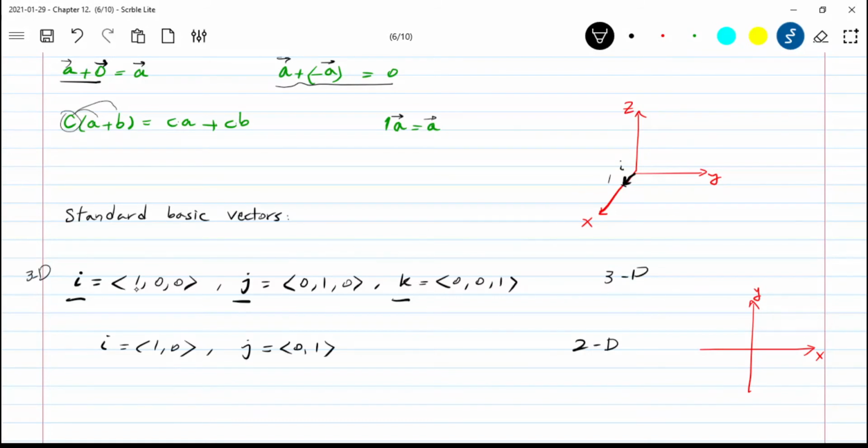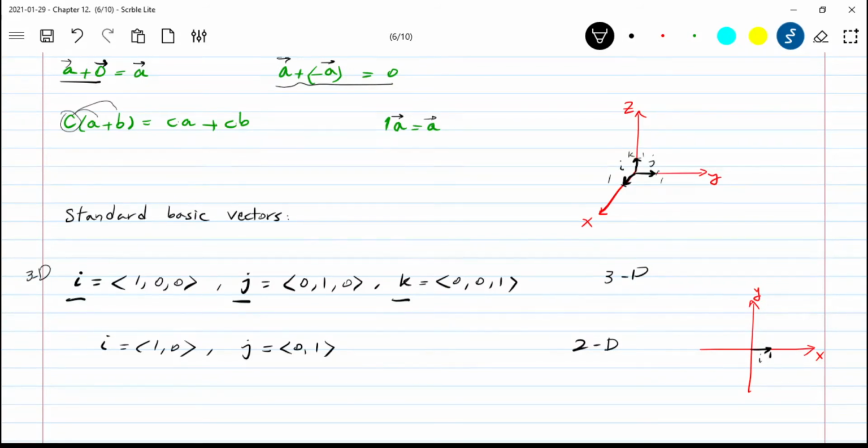Length 1. It's 1 for x, 0 for both. The j vector is along the y with the length 1, and the k vector is along z with the length of 1. In 2 dimensions it's the same thing. Length 1